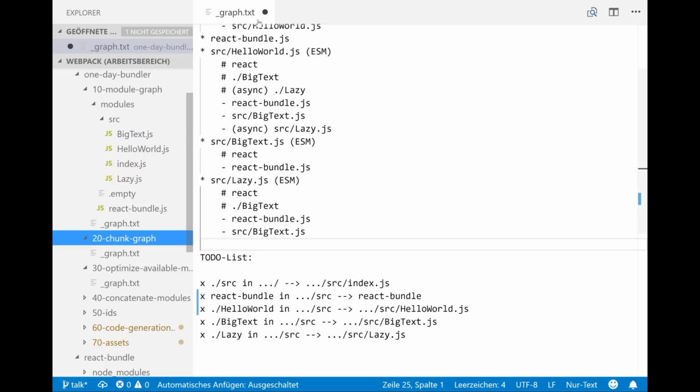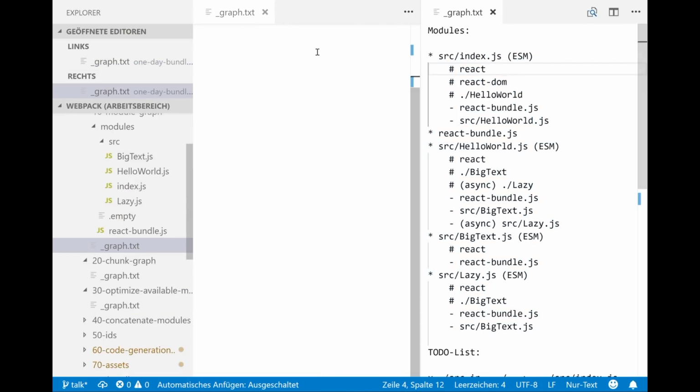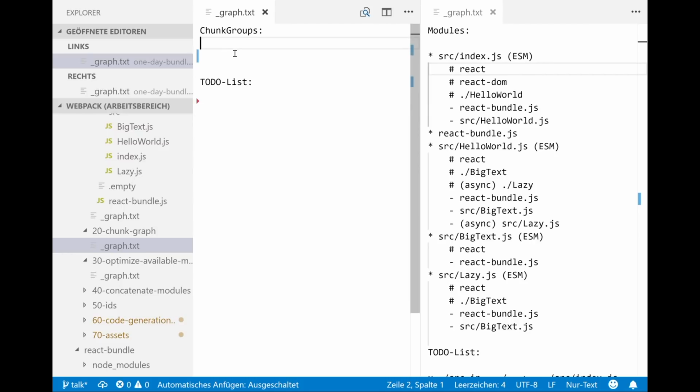To do this, we just have this file here and move it to the side. And basically, we do the same thing. We add the entry point, which is, what was the entry point? Source.index.js, should be called main.